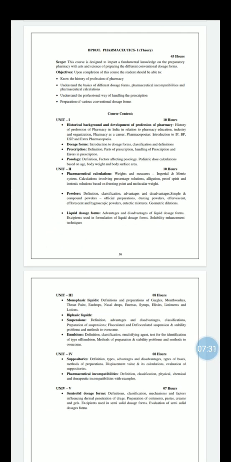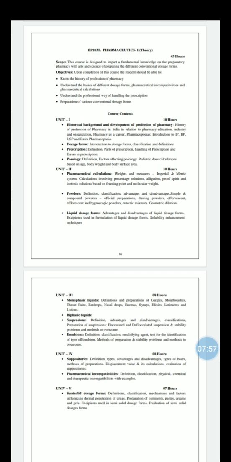The unit 1 and unit 2, these units for sessional 1 examination, then unit 3 and unit 4 for sessional 2nd examination, and all units, unit 1, unit 2, unit 3, unit 4 and unit 5, all 5 units for your end semester examination. I am repeating, the unit 1 and unit